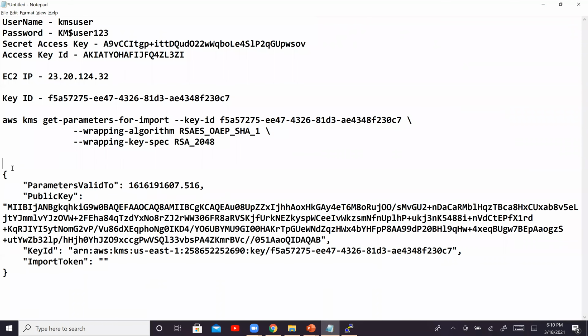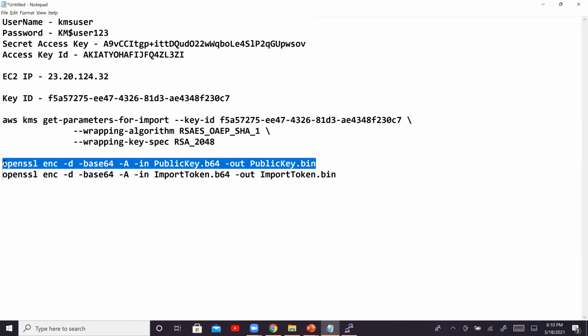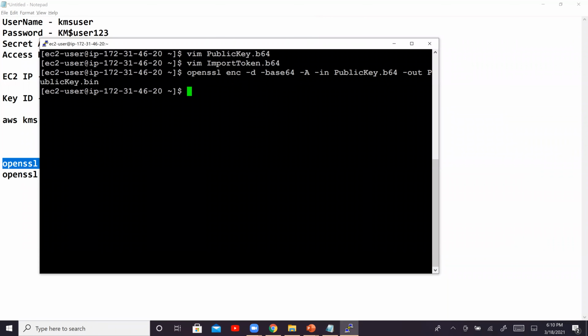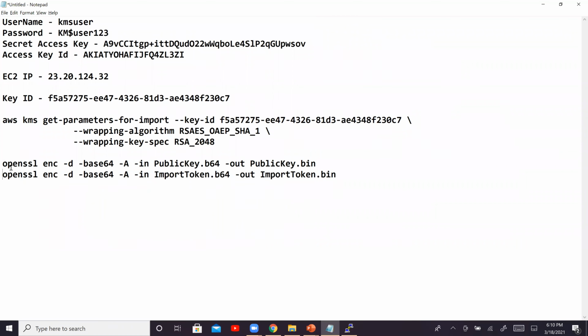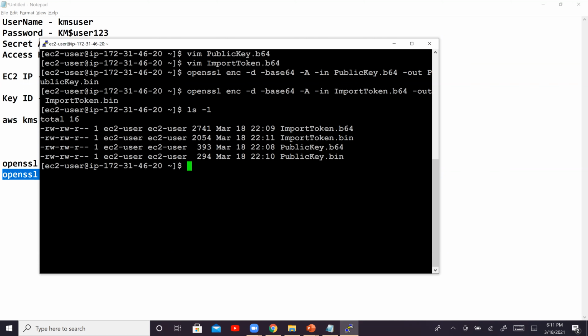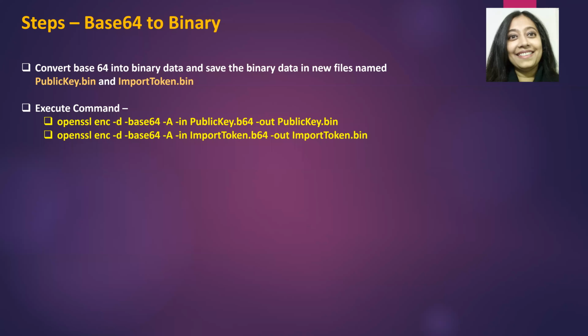I'm going to delete this information, right? And we are going to copy this command. So we have our file names correctly. Go back here, paste it right there, and then copy this command, Control C, and paste it right there. Now, if you go and do ls -l, you will see 4 files right there. So you have your base 64 files and binary files as well, right? Okay, so we have basically completed these steps.